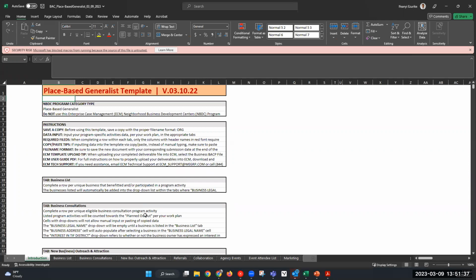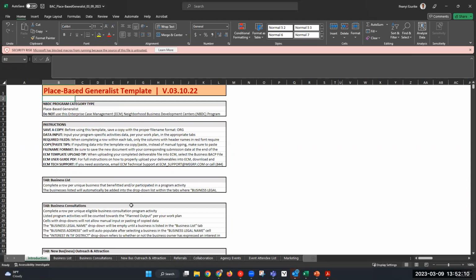For 99% of your program types or program categories, your reporting template is going to look pretty much the same, with the exception of 1 or 2. But as this first tab indicates, it's the introduction tab, which gives you a breakdown. At the top, it tells you obviously what your program type is, place-based generalist template.